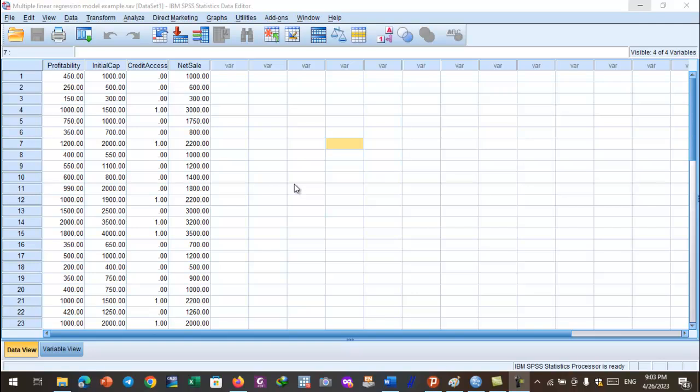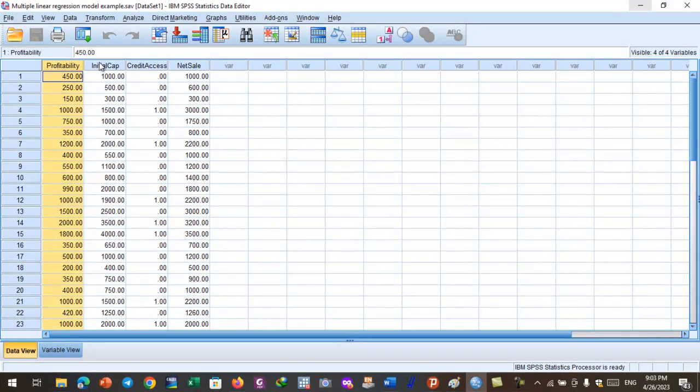In this video, I'm going to show you how to test the normal distribution of data for continuous variables. Okay, and I have a data set here with 4 variables: profitability, initial capital, credit access, and the net sale. These 4 variables, when we consider the profitability, the variable profitability is continuous, initial capital is continuous, net sale is